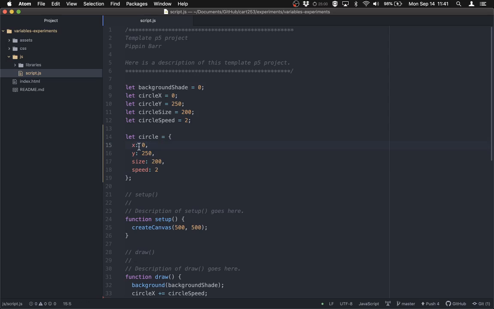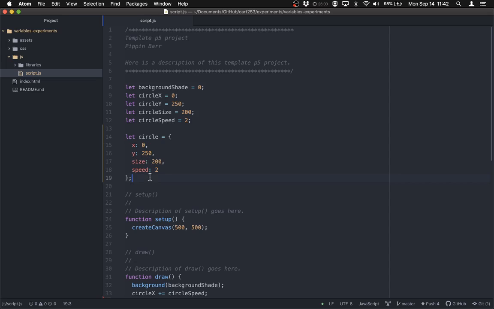Now what these are called are property value pairs. So x is called a property of the circle, or the object that is representing the circle. So x is a property, y is a property, size is a property, and speed is a property. They're basically like the variable names within this JavaScript object, right? You can see they're highlighted a special color. And to say what's inside a property, we use the colon, and then we write the value. So x, the property, colon, has inside it 0, the value, and then a comma, because we're going to give another property. Y, the property, has inside it 250, comma, size, the property, has inside it 200, comma, and speed